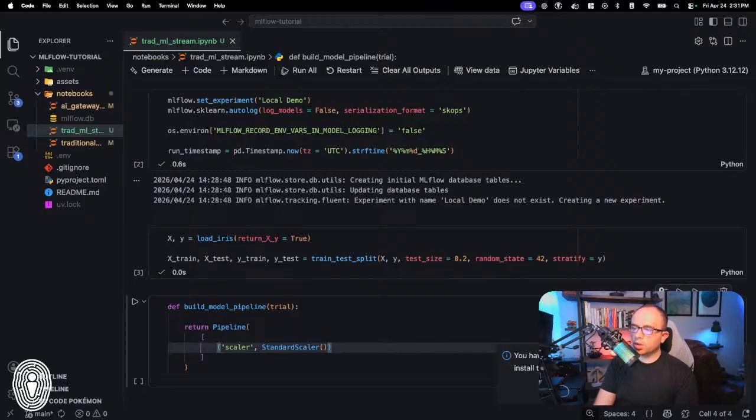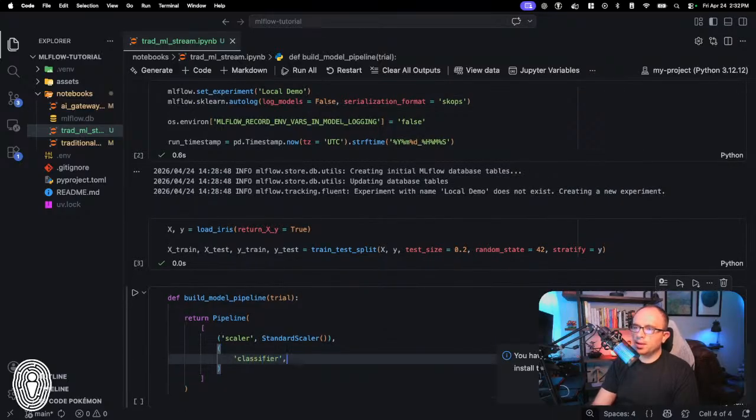I'm not going to cover too much of standard ML concepts today, but the reason that we're doing the scaling is, if you're aware, some of these model algorithms are sensitive to ensuring that your data is essentially on the same scale. So if you have one feature that's got really big values, like values up into the millions, and you have this other feature that's like 1 through 10, then the standard scaler is going to help to bring those on a level playing field, if that makes any sense. So that's step one. Our step two is going to be the classifier itself.